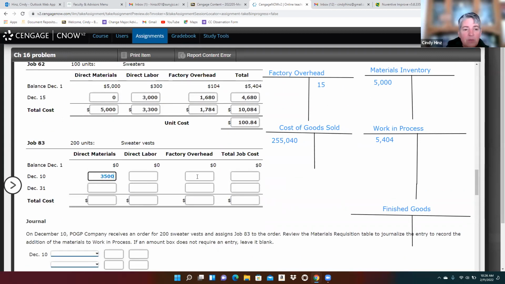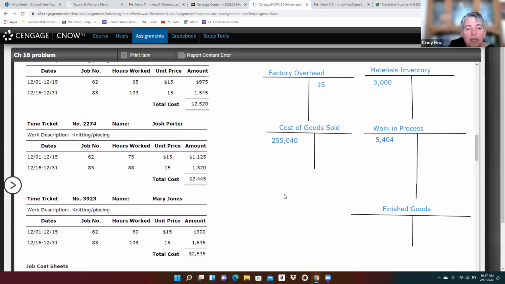So on December 10th, we added $3,500 worth of yarn to this job. No direct labor, no overhead yet. So the total on December 10th, we added $3,500 to the job. Now we're going to do the same thing for the direct labor and overhead for this job. When we go back to those three